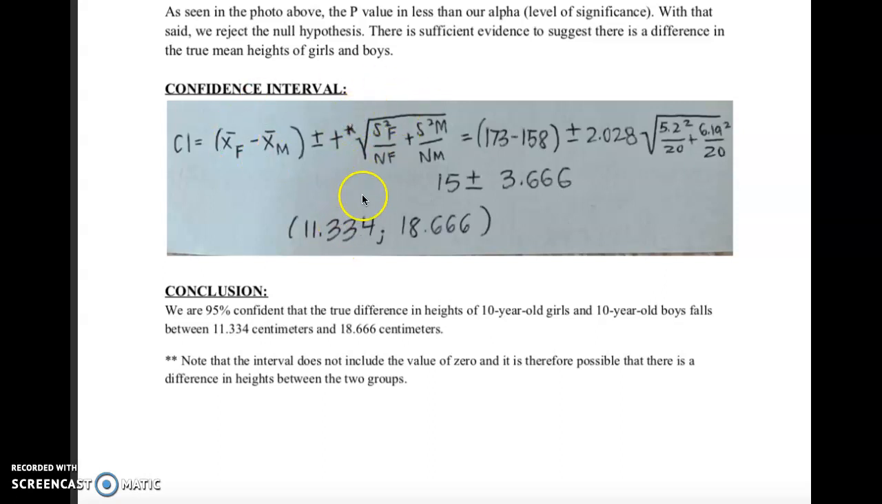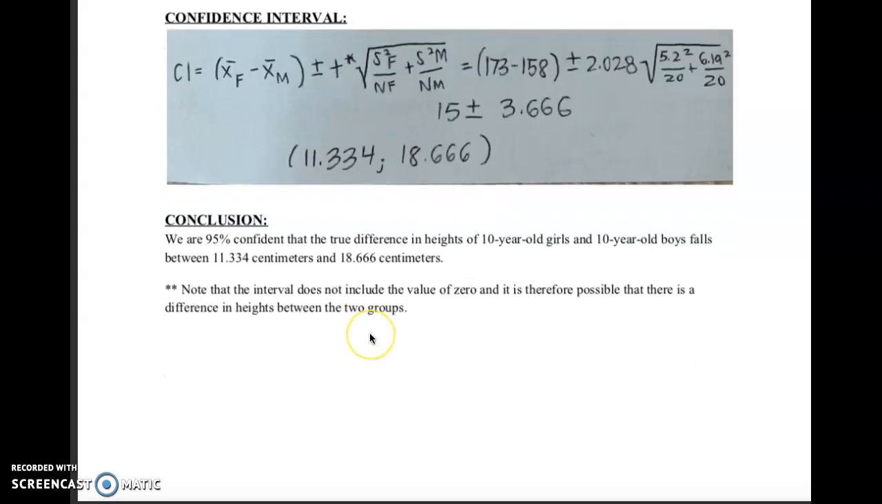So as you can see, on the left side is the formula, and then on the right we inputted the data. After solving it, we got 11.334 and 18.666 being the 95% range. So we are 95% confident that the true difference in heights of girls and boys falls between 11.334 centimeters and